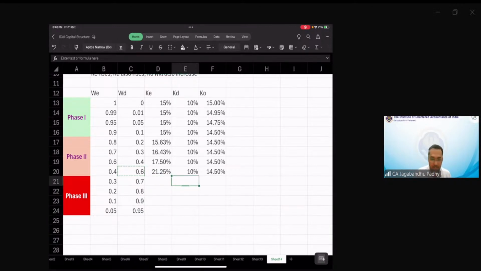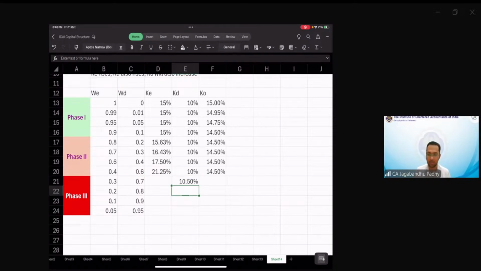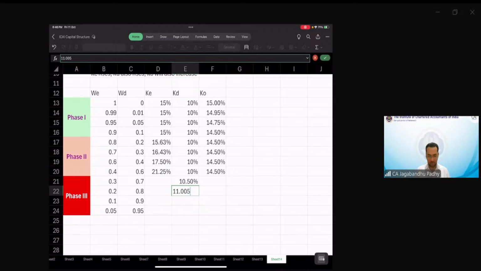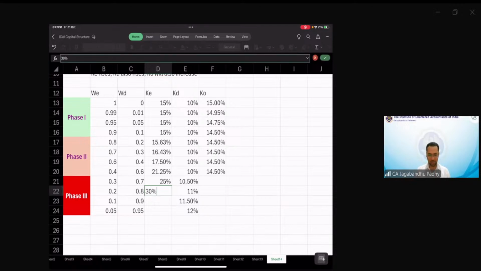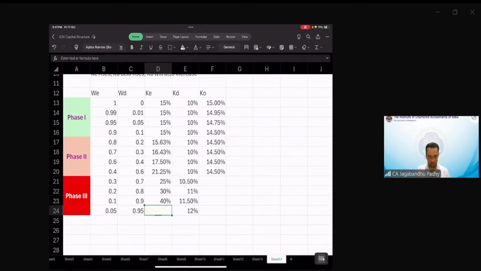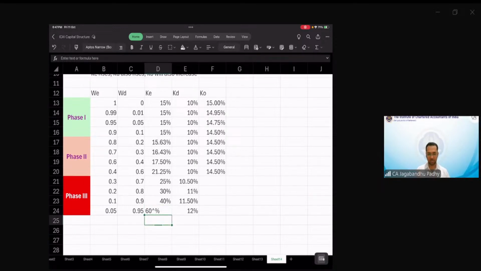What will happen to cost of debt? Cost of debt will also start rising. So maybe at this phase, you will have 10.5% being the cost of debt, maybe 11%, then going ahead, 11.5, and then maybe 12%. And of course, the 21.25 cost of equity will also keep on rising. Here you will find maybe 25%, with an even greater amount of risk, then 30%, maybe 40, and maybe in this case we require a 60% return because of the greater risk that the company has got.